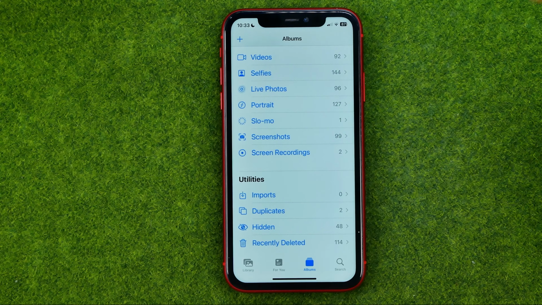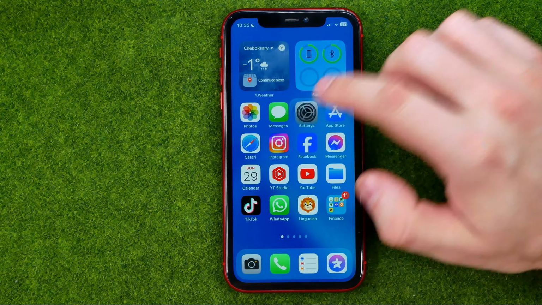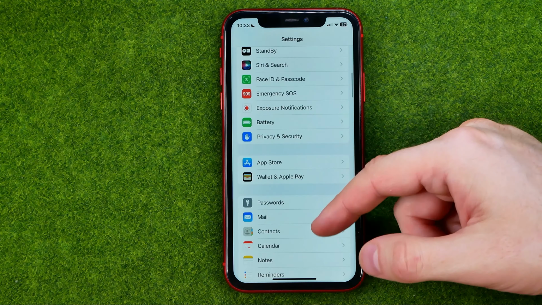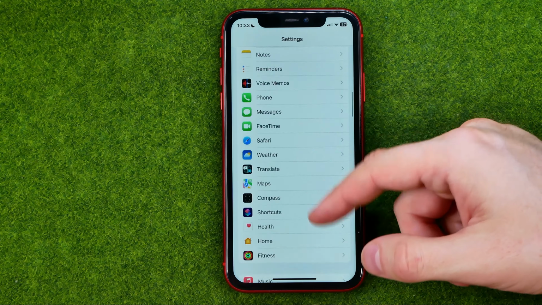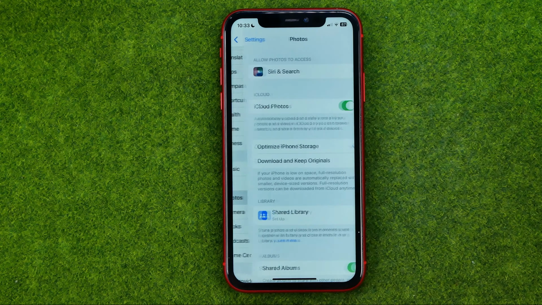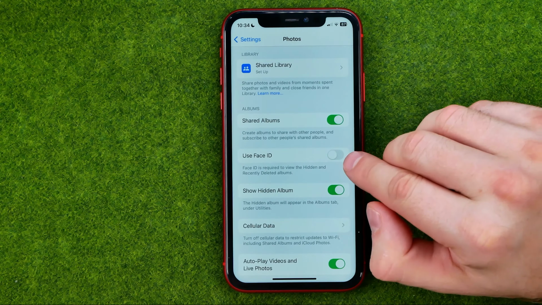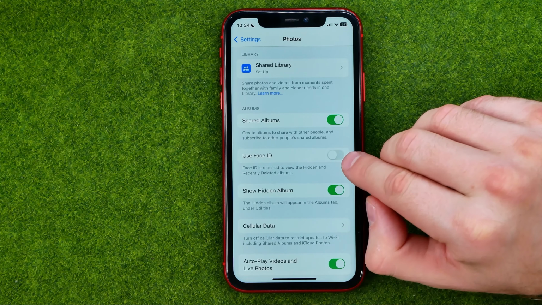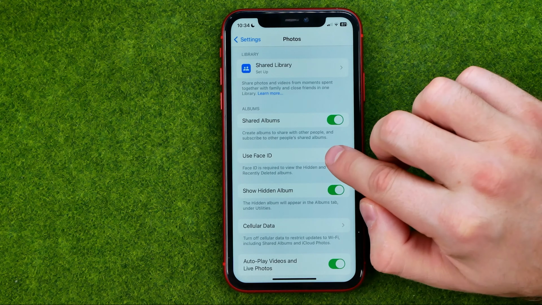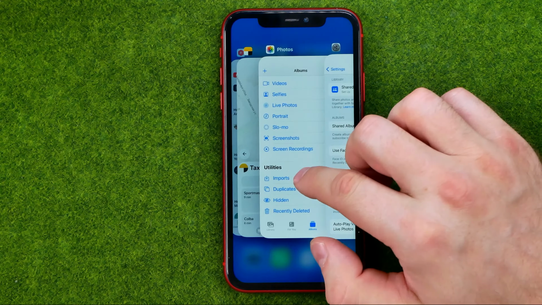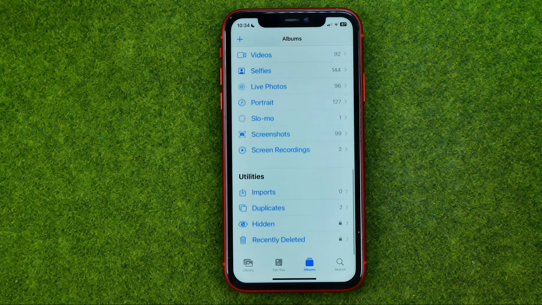To lock hidden album, we need to go to Settings. On Settings, scroll down until you find Photos. And that's where we need to activate the option which is called Use Face ID. Just tap on it to turn it on, and then if we go back to Photos, we can find that